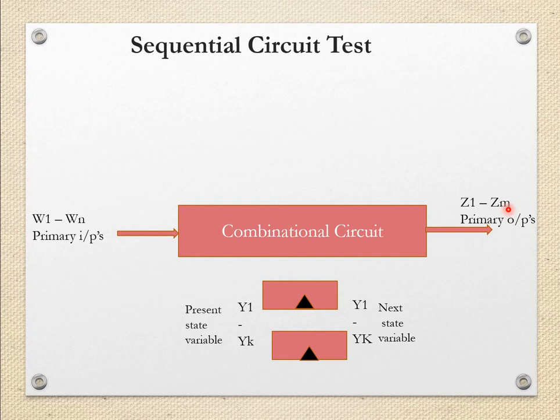And for this combinational circuit, to make it sequential, we will be adding some memory elements which can store the present state variable and next state variables. So it will take the feedback from the primary outputs. This is the general model for a sequential circuit, and it will take the output of the combinational circuit and run it through the memory element. So the next state variable, from which we will get the present state variable, is then given to the combinational circuit. And such a chain of flip-flops is there.